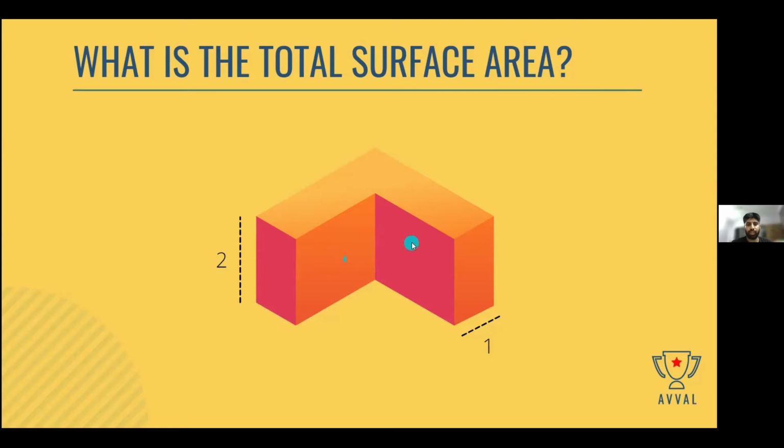So in step one, what I did was I considered the easiest surfaces here, which are these two squares. I know the side of each, the side of this square is 2. So I calculate the area of these two squares. Next, I move on to this rectangle. I know the length is 2. And this side here, the smaller side, is 1 because this side is same as this side. Okay. So I know the area of this rectangle. Similarly, I have two such rectangles here.